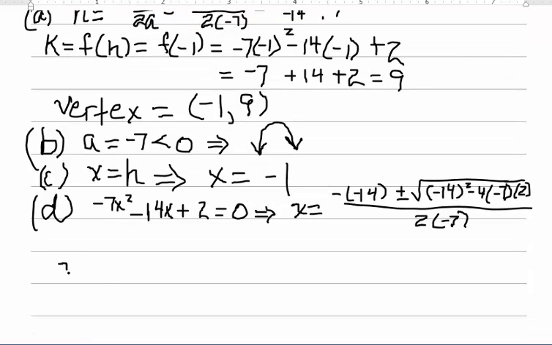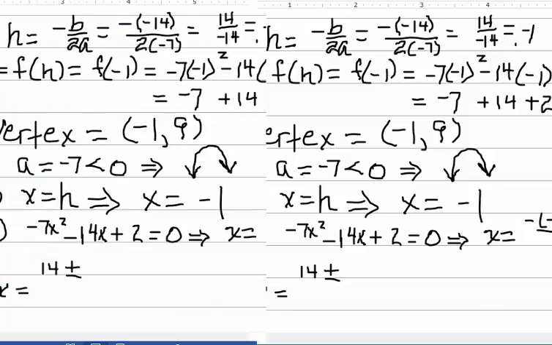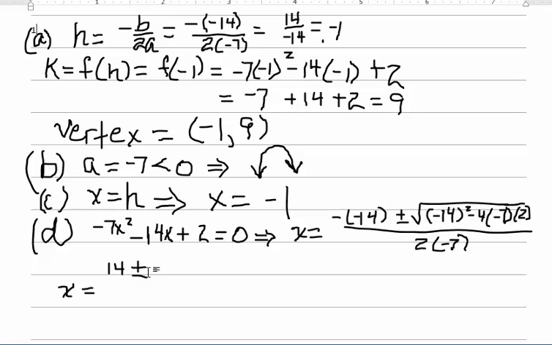So this is x equals 14 plus or minus the square root of 252 divided by negative 14. So this is 14 plus or minus